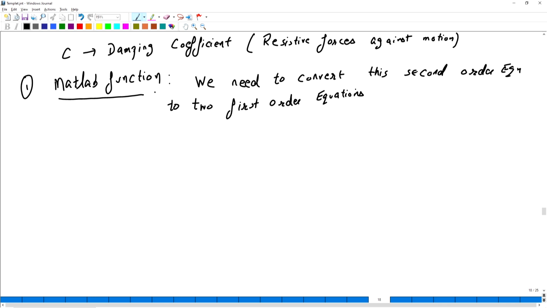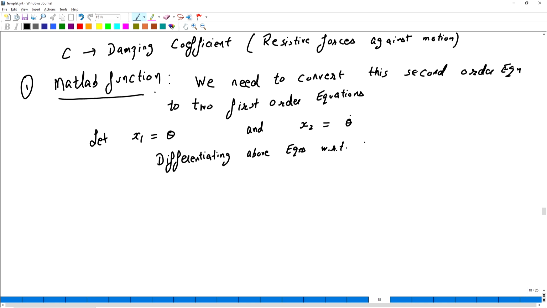Like we did in the last lecture, let us follow the same procedure. Let x1 equal theta and x2 equal theta dot. Likewise, differentiating the above equation with respect to time yields x1 dot equals theta dot.